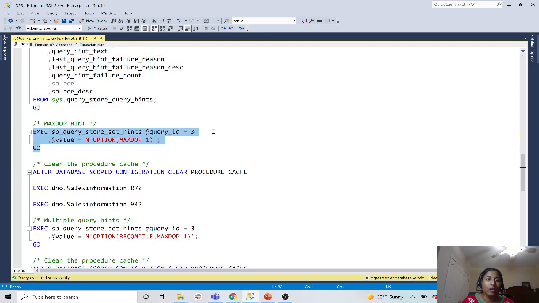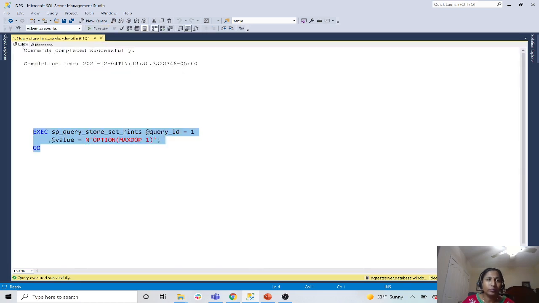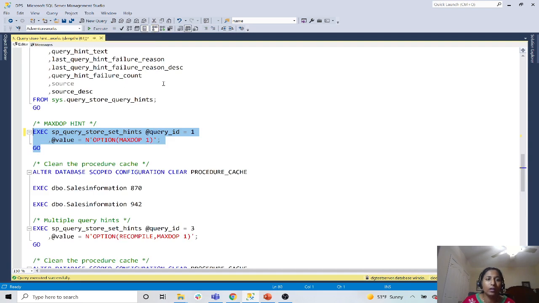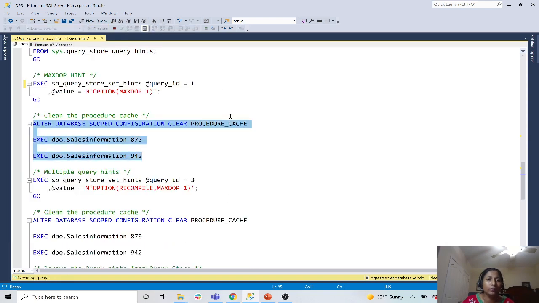Now, not only the recompile, we can also use other query store hints as well, right? So let's use the max top one here. Let's say for the same query ID one, I would like to use value option max top one. So let me execute that, and then go ahead and execute the same stored procedure by clearing out the cache. And then